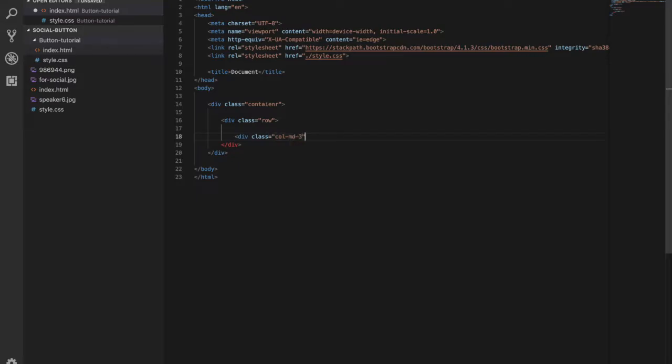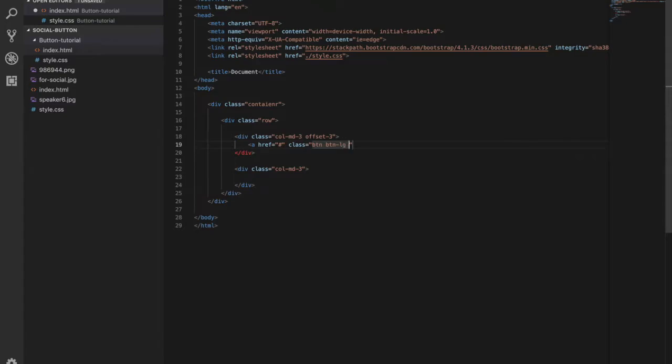In this container I have one row, in which I'm going to create two columns with the width of col-3, and I'm giving it offset 3. You can also use justify-content or align-items center in the row, so it will also work like an offset, but I'm using the offset property for this. So here is another column. There's no need to give it anything. Here the a tag, which has an href, is basically our button, and I'm going to give it the class btn